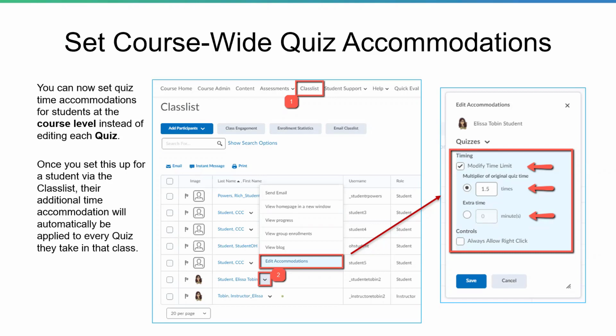The way you do this is from the class list. You then locate the student who needs their accommodation set, click on the drop-down next to their name, click Edit Accommodations, and a pop-up will appear that allows you to set a modified time. In this case, I've checked off Modify Time Limit, and I've added the multiplier 1.5 times because this student gets 50% extra time. Once I click Save, that'll save those settings for that student for this course on any quiz that they take. This can save you a lot of time, especially if you use a lot of quizzes in your class, as you won't have to edit each individual quiz